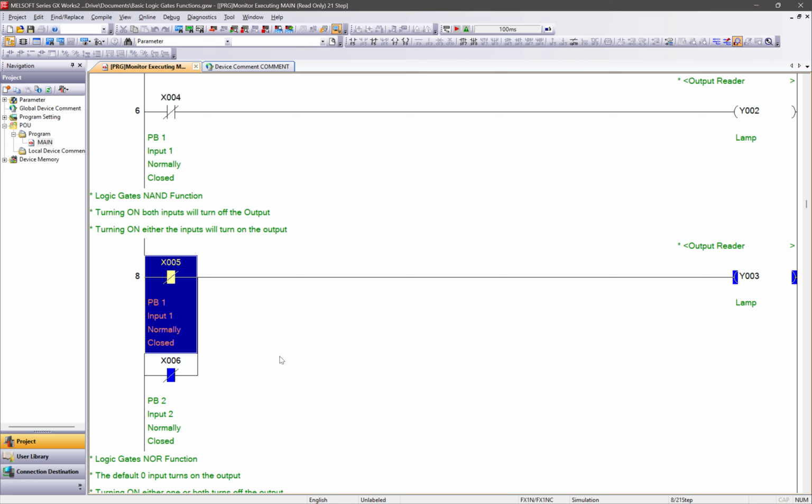By having either one of these turned back off or to 0, it will turn the lamp on again. Same with making the inputs back to 0 will turn the lamp back on.